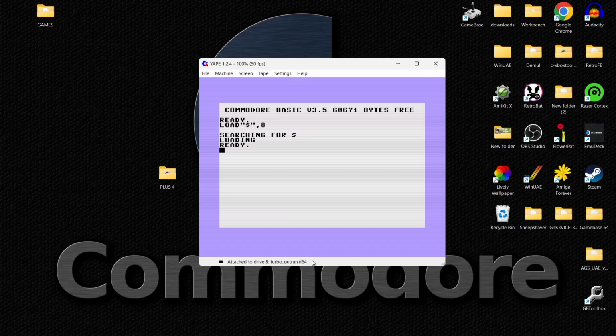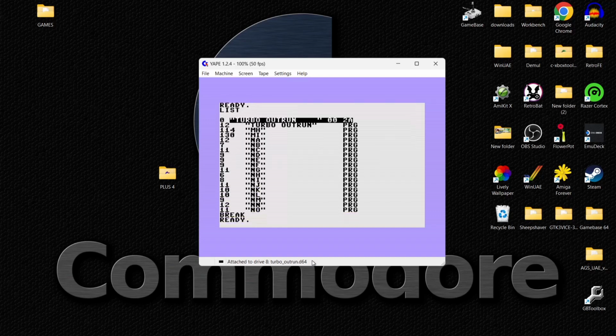Okay, so the next thing I'm going to do is actually list the contents of this disk. So what I'm going to do is very quickly press tab on my keyboard in order to stop it. So if I type in list, enter, tab. So the first thing we see here is Turbo Outrun, and this is what we need to load from the contents of the disk. So if I type in load,